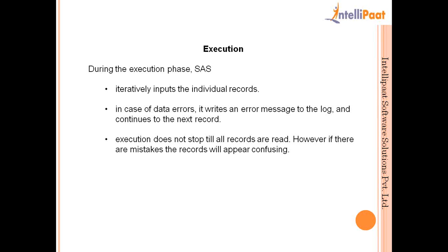So if you get an error in the compilation phase, your program will not run at all, because there is a programmatic error. But if there is a data error, then for that particular record or observation, your program may not run, but as soon as the iteration moves to the next record, it will run successfully. So the execution does not stop till all the records are read. However, if there are mistakes in the record, that will appear confusing, and the log would be created for them,